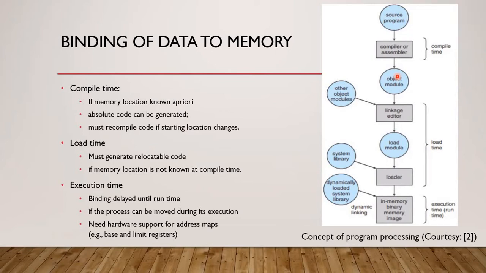Professor, I had one small doubt. What is source code actually? Is it the code that the user is providing or the code that the machine recognizes? Source code is always provided by the user, because if it were recognized by the machine, the machine would directly execute it and there would be no need for any other process. So source code is what the user has written in the form of some programming language.